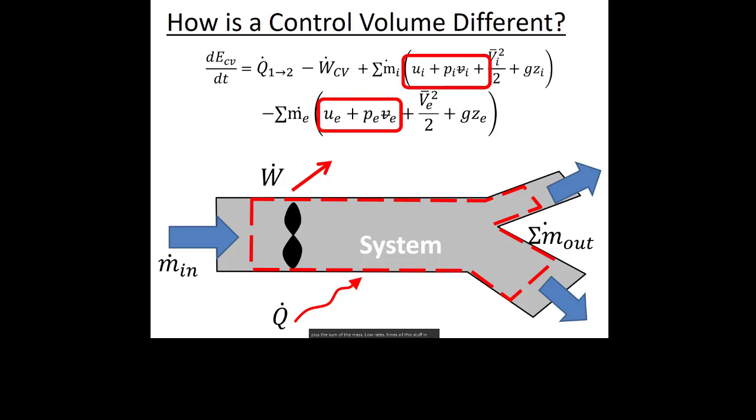Now, inside the brackets here, there's this specific internal energy plus pressure times specific volume. Now, let's say it was steam and I was given a temperature and a pressure. I would go to my tables and find the specific internal energy, and then I would go to my tables and find the specific volume. But as long as I was given the temperature and pressure in those cases, U would always be the same in that state, and V would always be the same in that state.